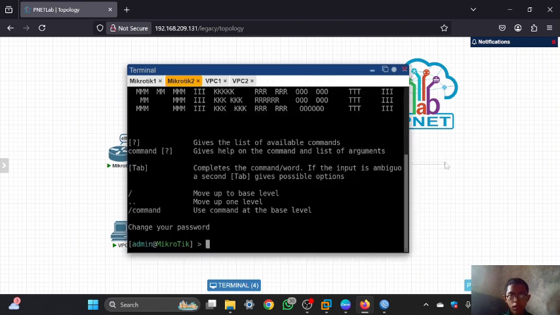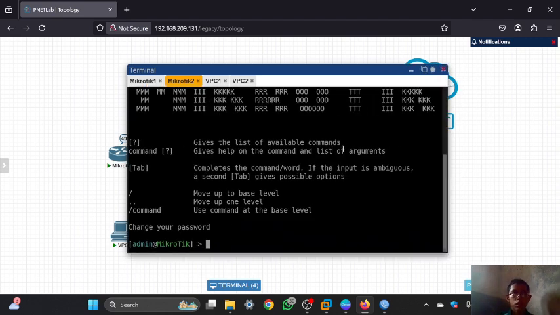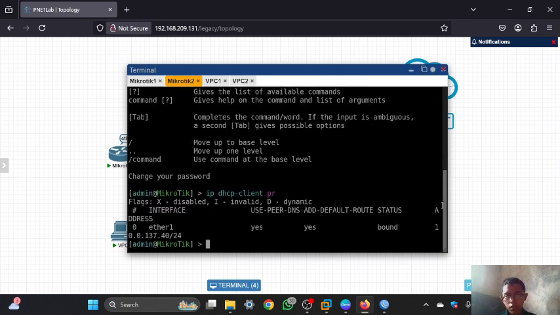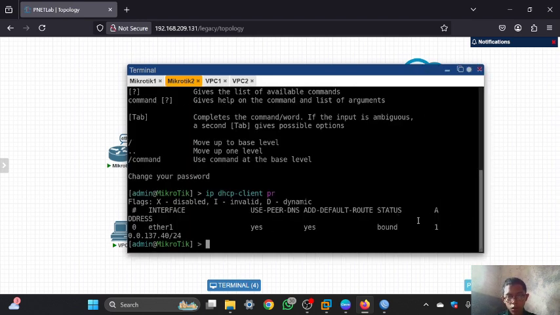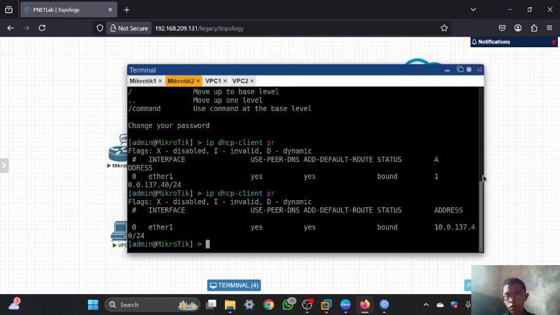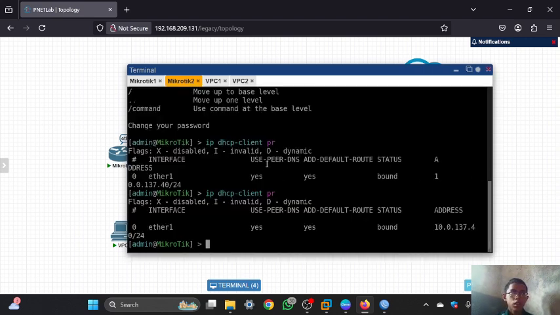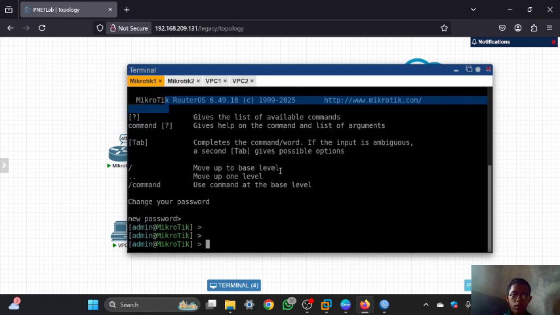I will set a static IP, so the IP will not change. If I turn off the MikroTik router, sometimes the IP in here will be different. So I will configure a static IP, so the IP will not be random, that is, just one IP that I will get. So I will configure the static IP. First I will turn off the DHCP client.